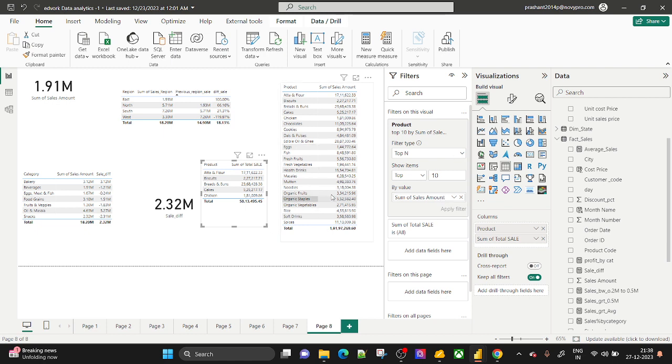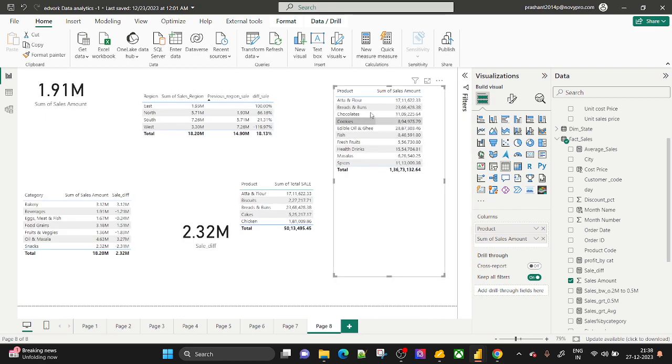By the way, is it calculating or not? Top 10, 5 sales, correct, it's correct only. Then why is it not calculating? Top 10 sales difference. So first we got the table where we have a product and sales amount, then we are